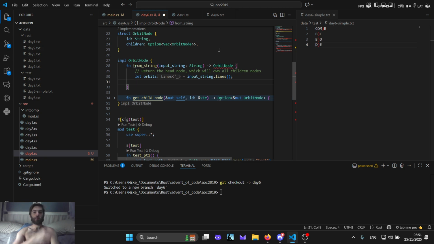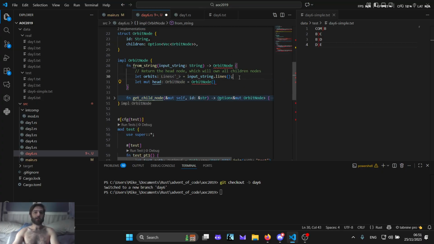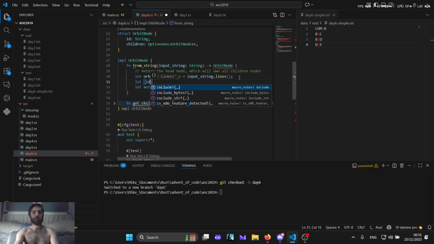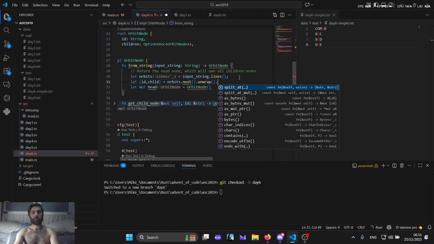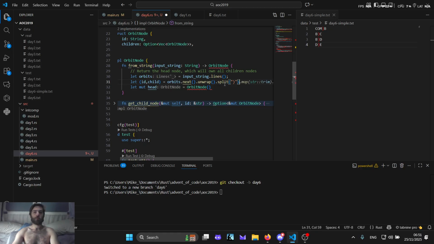So, let mut head equal to be an orbit node. And actually I need the ID first. So let ID child be equal to orbit next unwrap, split on that, and